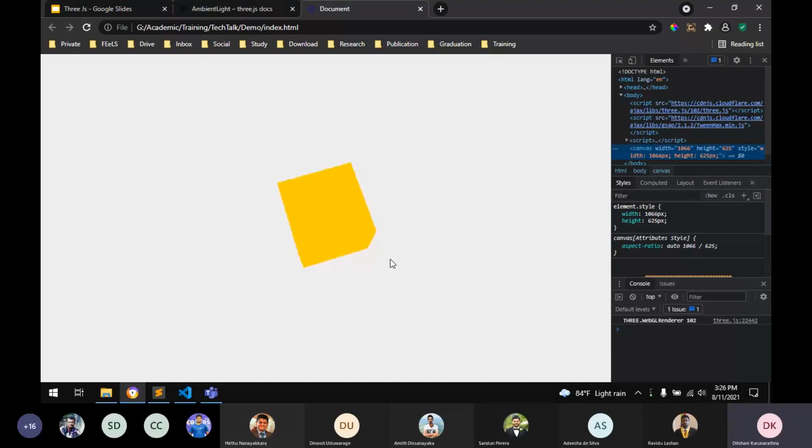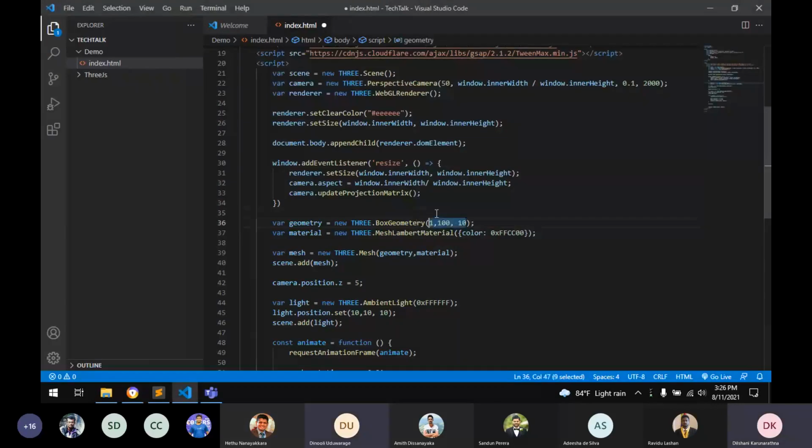You can create a more complex object by combining these primitive shapes. For example, combine these two together.